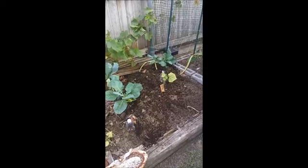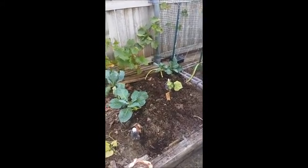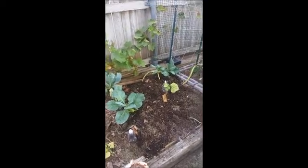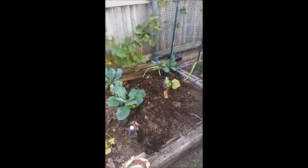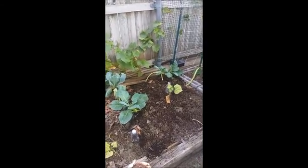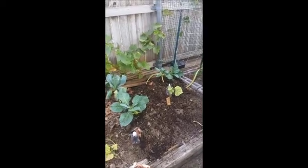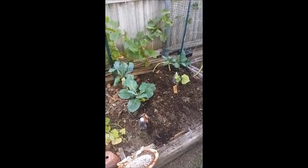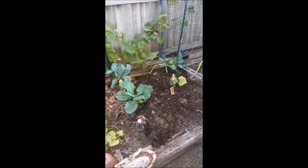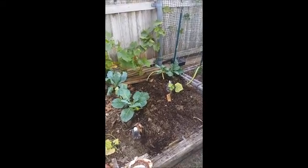So if you have been afraid to do compost, or you didn't want to turn it, and I don't have a problem with smell. Now sometimes when I'm putting kitchen scraps out, one of the things I learned to do was to take the grass and cover the kitchen scraps. That kind of kept the fruit flies away. But remember, they're still helping to break down the